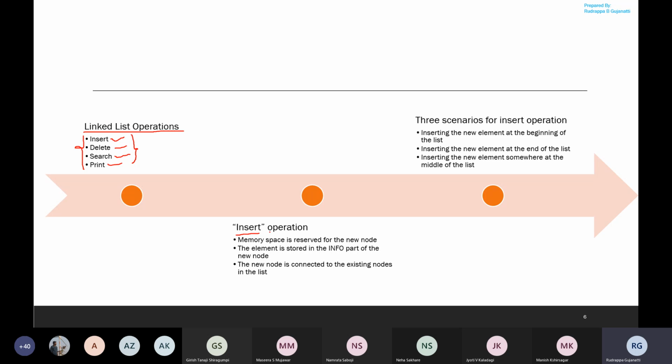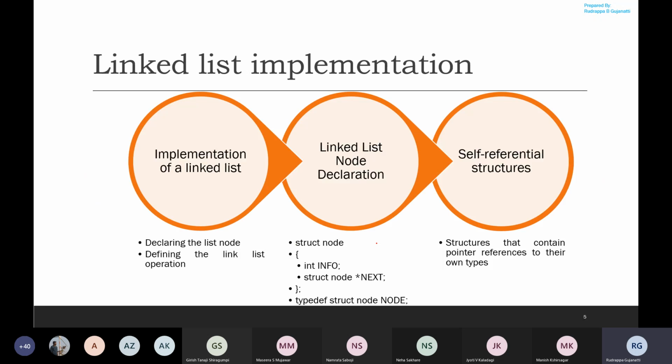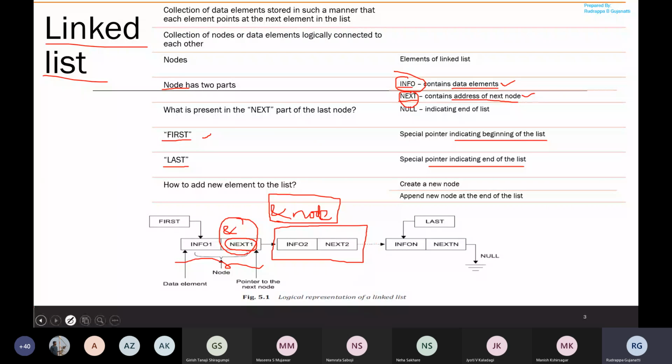So next one, what we have is the insert operation. In this case, when we are inserting any element into the linked list, what we have to do first is reserve a memory space. That memory space will be utilized by the new node that you will be creating. That is what we had seen over here.